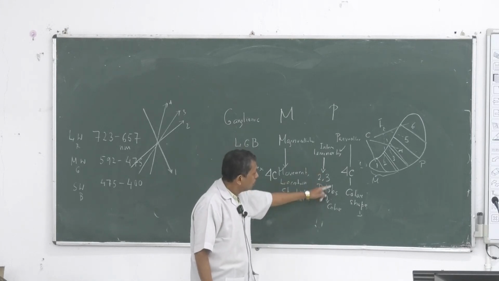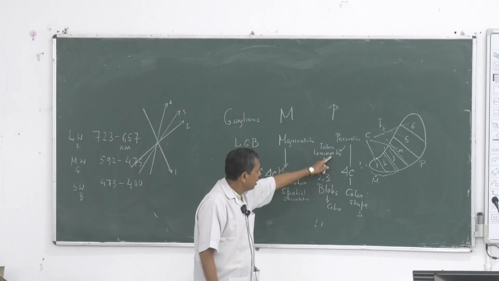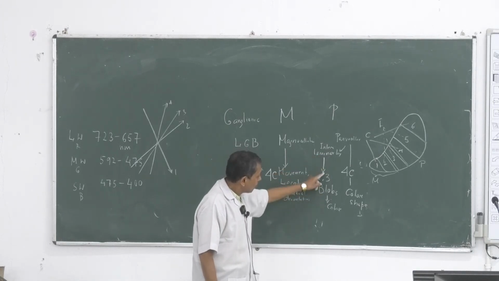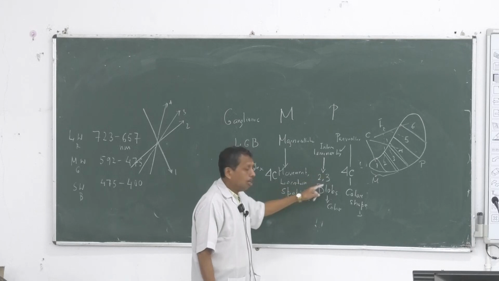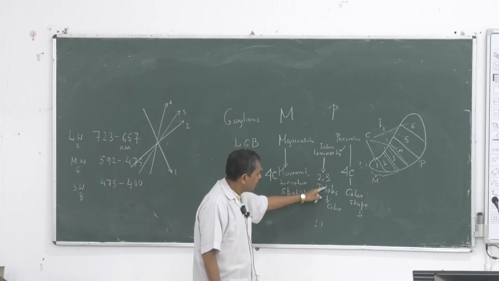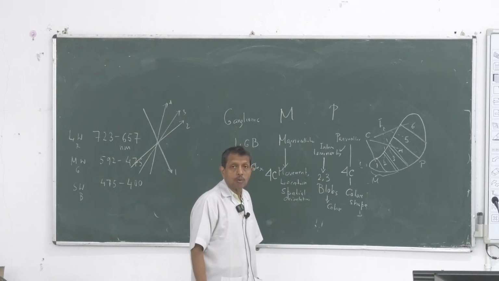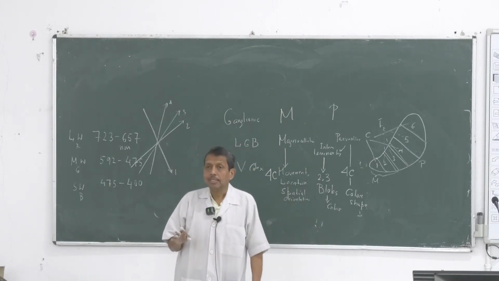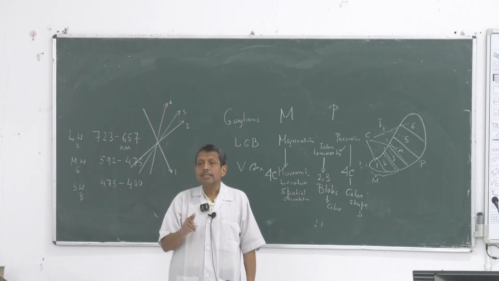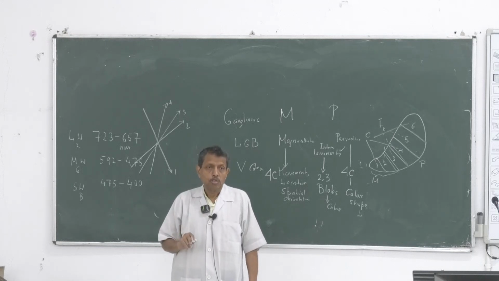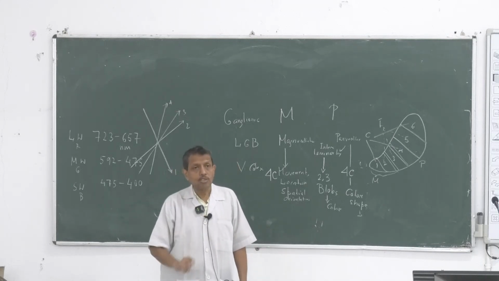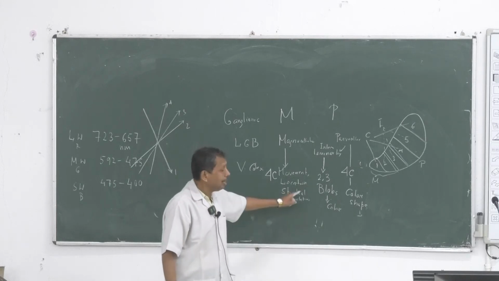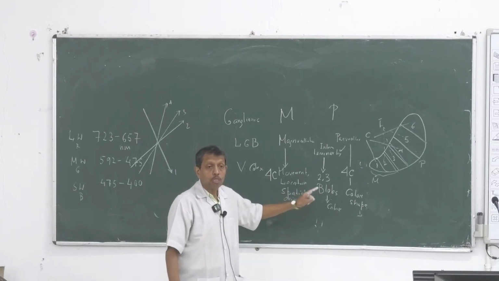And these blobs have connection with this interlaminar layer, and these cells end in layers 2 and 3 of the visual cortex, and they are called blobs, rich in cytochrome oxidase, and the color is sensed. So it indicates that whenever there is a linear stimulus, it may be colorless or it may be colored. So analysis is going on in this way, and from this layer they go to different other parts